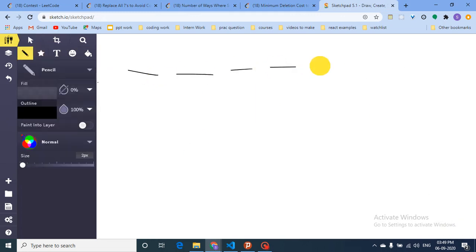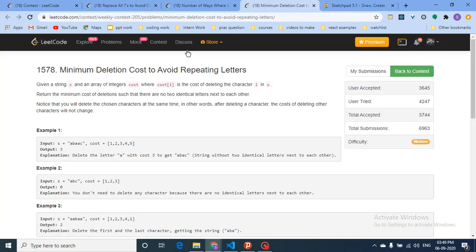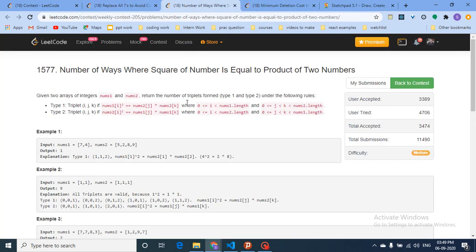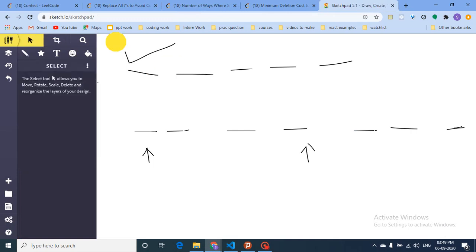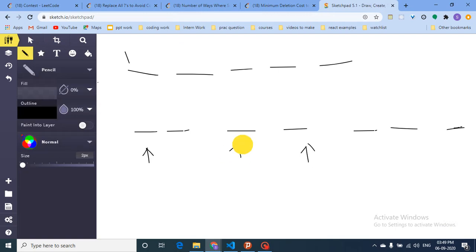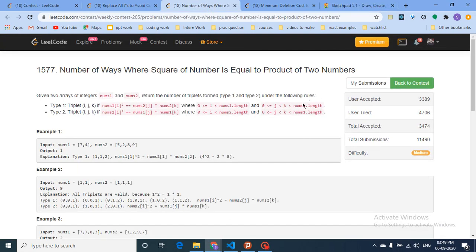Let's assume that you have 5 characters in one array, and 5, 6, 7 characters in the other. For every character in i, you will choose 2 indices such that the multiplication of these 2 numbers is equal to the square of the chosen number. We will do this for type 1, and the reverse for type 2: for every index in j, I will choose this index, and I will choose 2 indices in the first array such that the multiplication of these 2 numbers is equal to this number. So that's the whole question. I have to find this out.